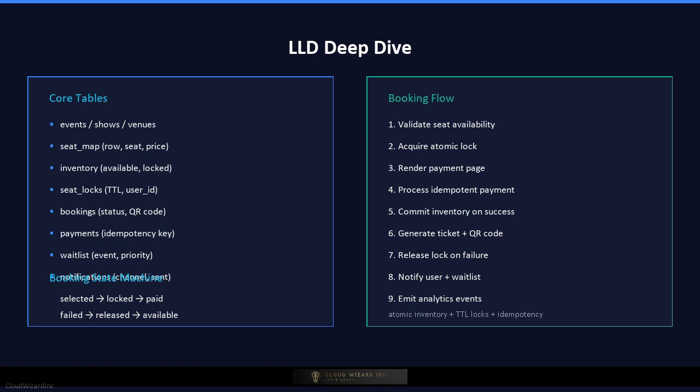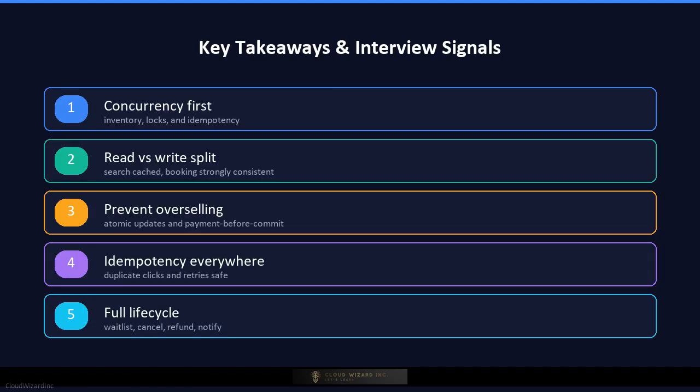For scale, the inventory can be partitioned by event or venue, and the booking flow is isolated from search and analytics traffic. Key takeaways for your interview. First, a ticket booking system is a concurrency and consistency problem above all else, so start with inventory, seat locks, and idempotency. Second, distinguish between fast reads like search and seat maps and the slower, strongly consistent writes like locking